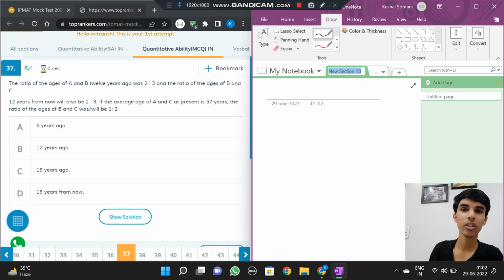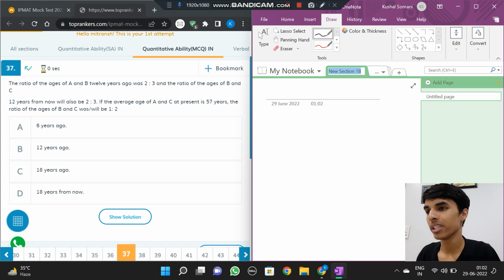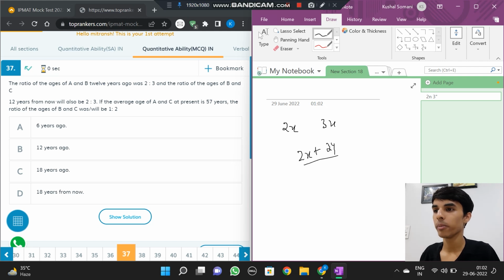We can use the elementary school operations here, like taking the ages of A and B 12 years ago as 2x and 3x. Then we can calculate the ratio of the ages of B and C by calculating 2x plus 24 divided by, if the current age of C is y, then the denominator will be y plus 12, and this ratio is 2/3. In this way we can calculate